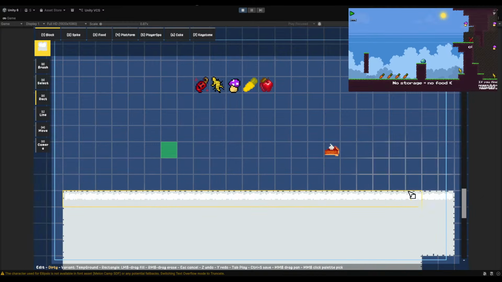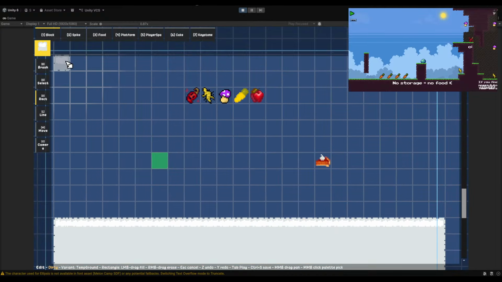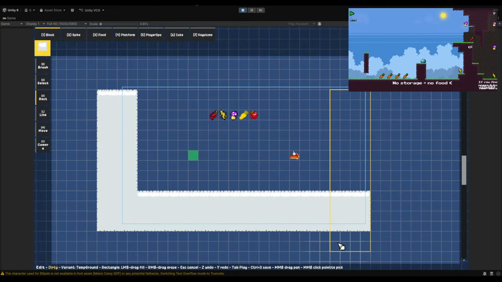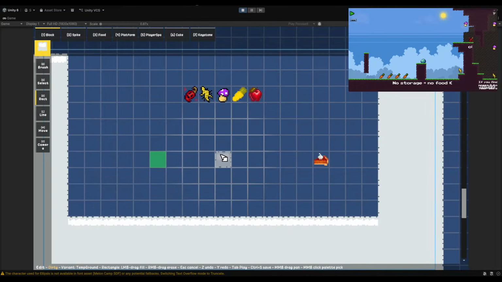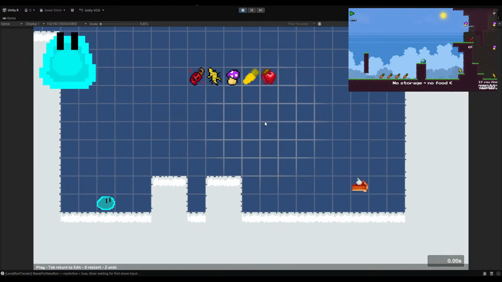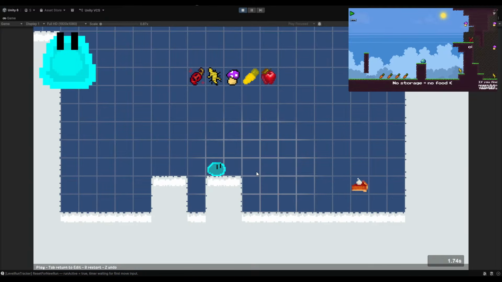Every map's gonna have a floor. I really should put a default floor on default map. Let's put a big wall too. Okay, now we can think. So pear is similar to apple, except it only dashes 2 blocks. So if I send here, yeah, it's only 1 gap.